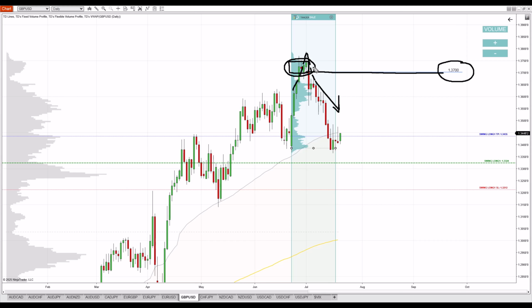And again, that heavy volume cluster is telling me that sellers stepped in here, started to sell, and then they reversed the price. So if the price makes a pullback to this level, then chances are that sellers from here will become active again and they'll want to push the price downwards from here again. All right, so what we need to do now is just wait, and if there's that pullback, then go short